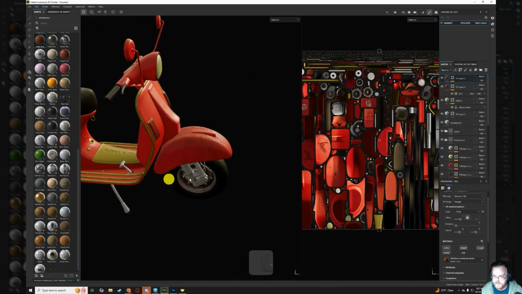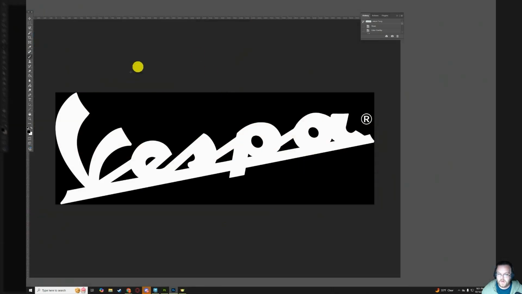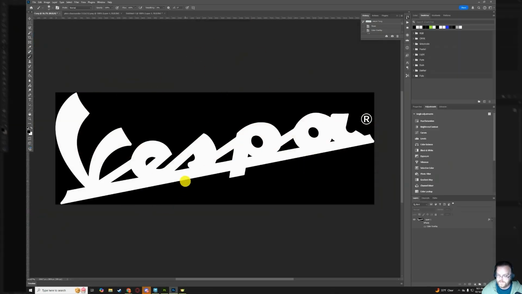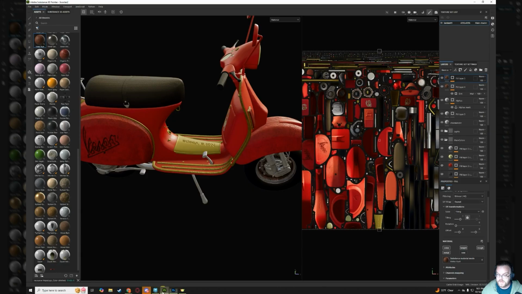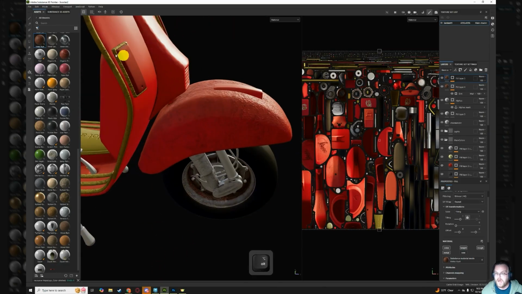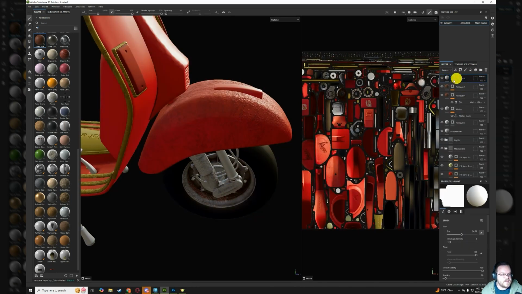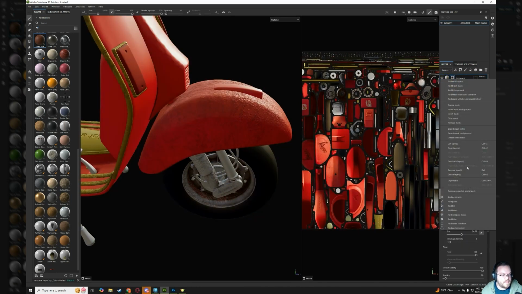All right. So now that we've dirtied this up a little bit, I want to do one last thing to show you that you don't have to prepare your alphas and everything that you want to use for your height stamping and stuff like that. You can actually do that straight in the engine, or straight in the Substance. So if I were to create a new fill layer and give that fill layer a black mask,